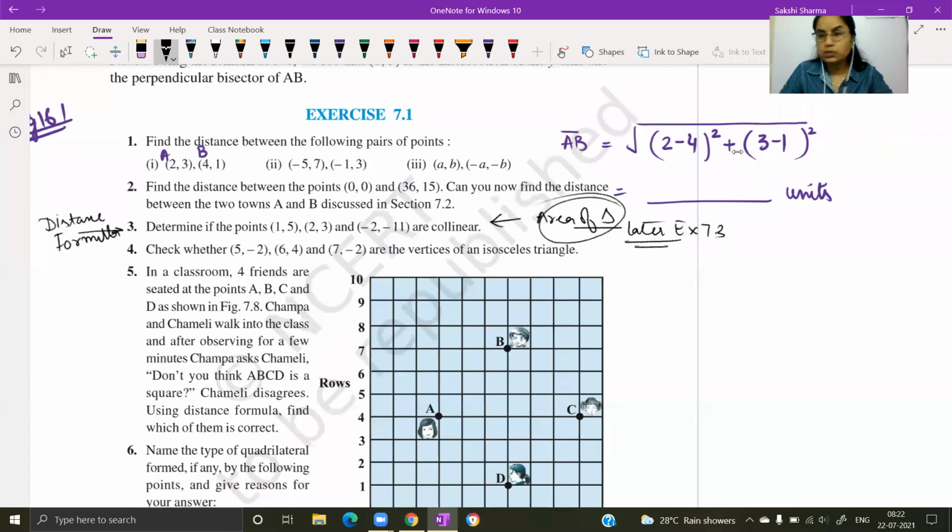I'm not sure if the students from your class have done this, but I feel there must be some students who have done this chapter already. So just giving an idea, if they want to do this question using the area of triangle concept, they can do, those who have done. Once we complete the chapter and then in the exam, you get a question that says tell me whether these points are collinear or not, you can check with the distance formula, you can also use the area of triangle, it's up to you. But this question can be done in two ways. So right now we are doing it with the help of distance formula.